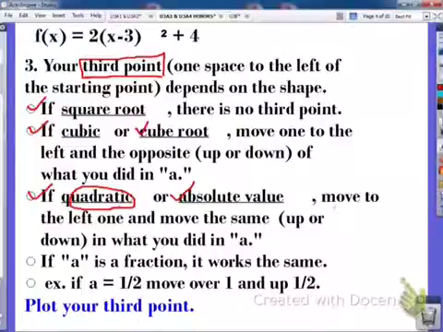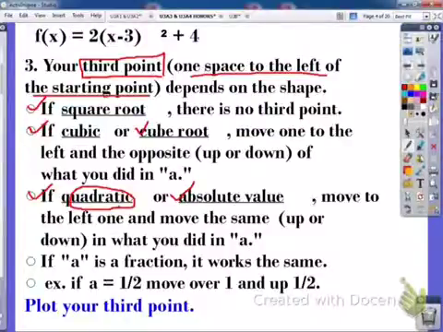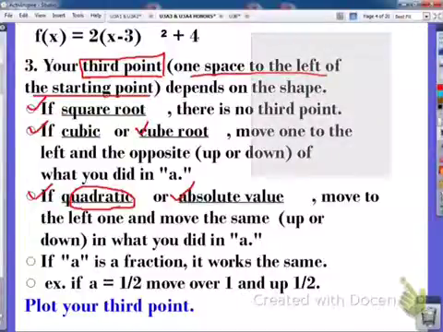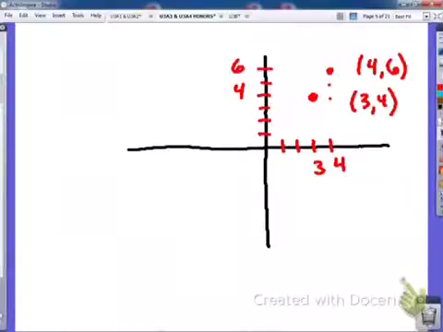And it says move from, it doesn't say from, yeah, up here it says one space to the left of the starting point, and then you will move up or move down depending on what A is. So if I came back to this graph here, how do we find our third point? The directions that was on that last slide, it said